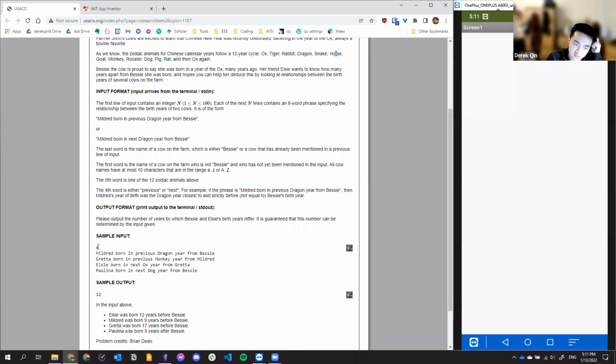Okay, so if we look at the sample input, this is the number n. It'll just be the first line. It'll be the number, and then after that we have 4 lines of input, or 4 lines of phrases, which are what it describes next. So what these lines are like: Mildred born in previous dragon year from Bessie, or Mildred born in next dragon year from Bessie. These are 2 examples, and it's telling us what these phrases are,